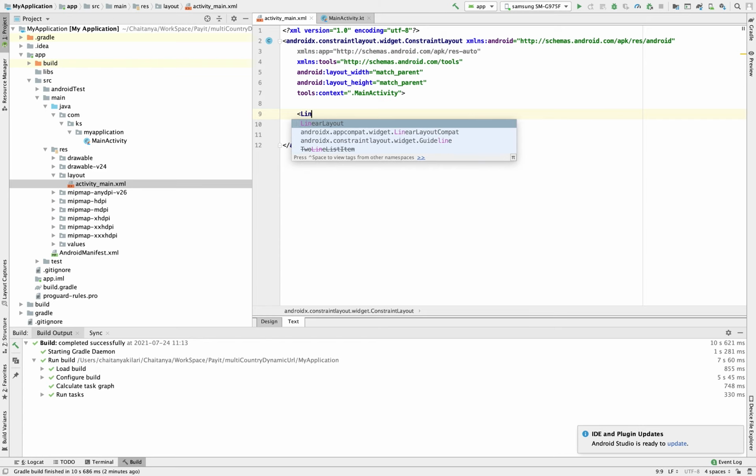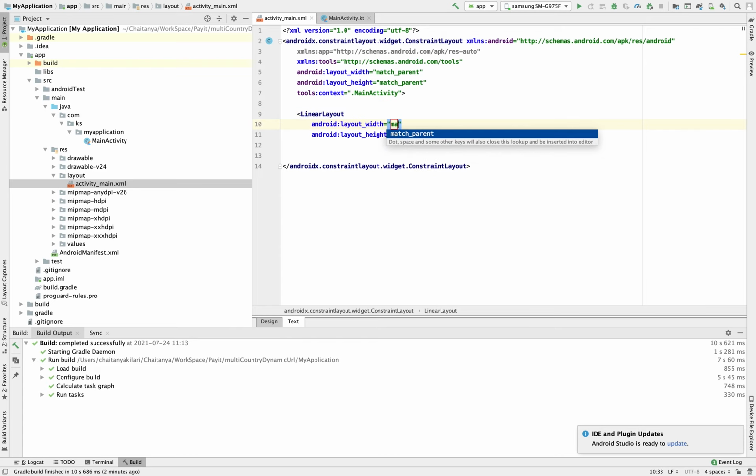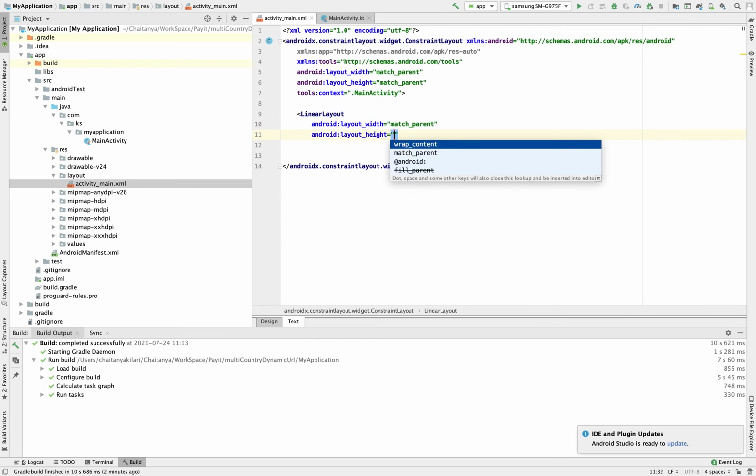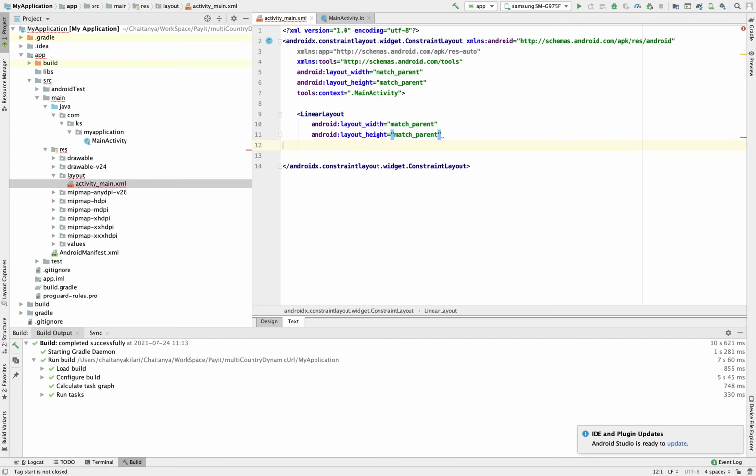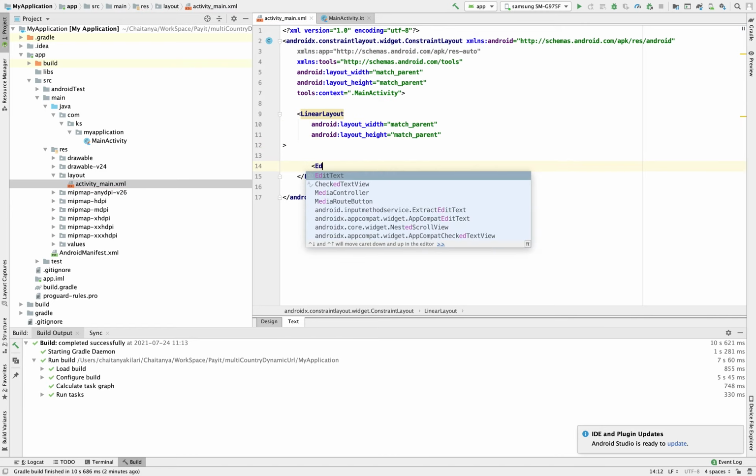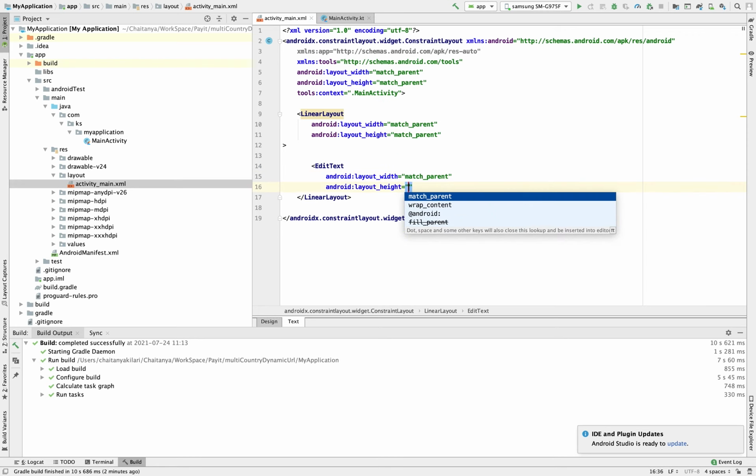First we will take linear layout, match parent. After that we are closing this. Yes, we are taking the edit text. Two edit texts, one for taking the value 1 and another for taking the value 2.